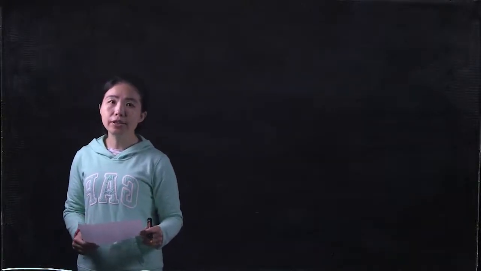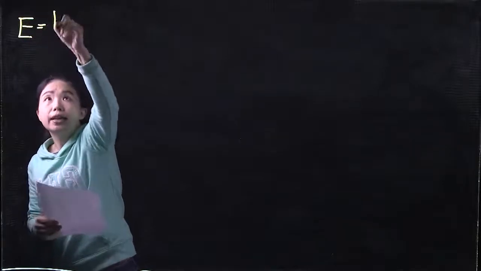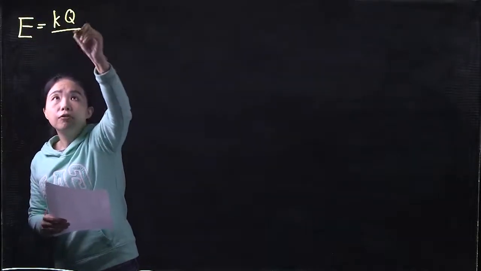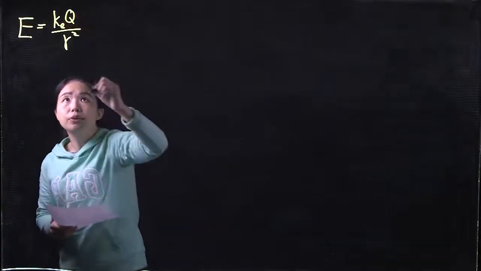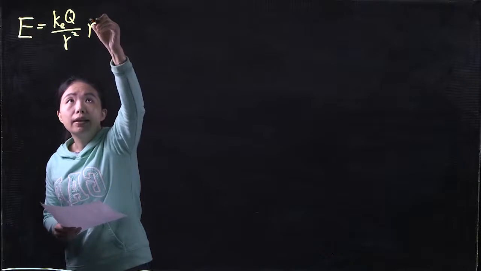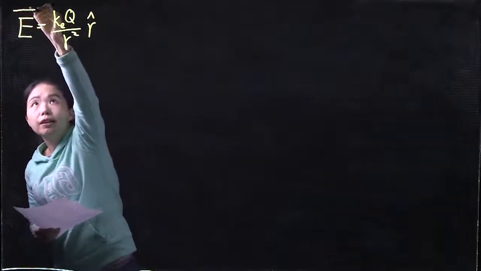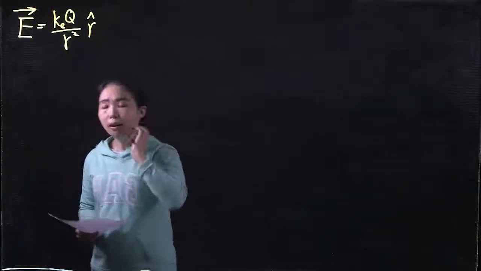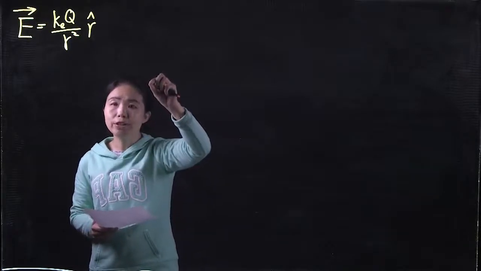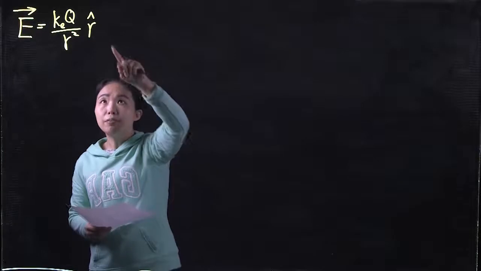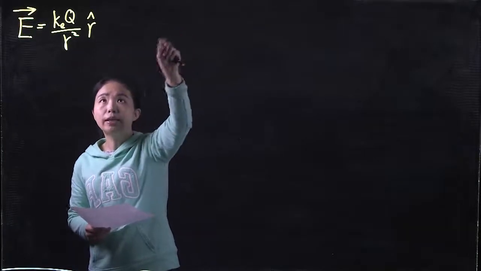The first topic is going to be the equations related to E field. So we first know that E field equals KQ over R squared, and sometimes we put K_E here to represent the constant. The E field is a vector, and this R is a vector going from your source, no matter whether it's a positive charge or a negative charge, going from your source to your observation point, the unit